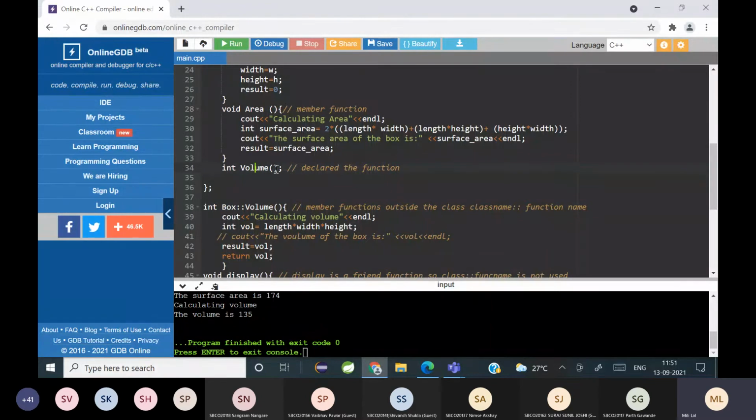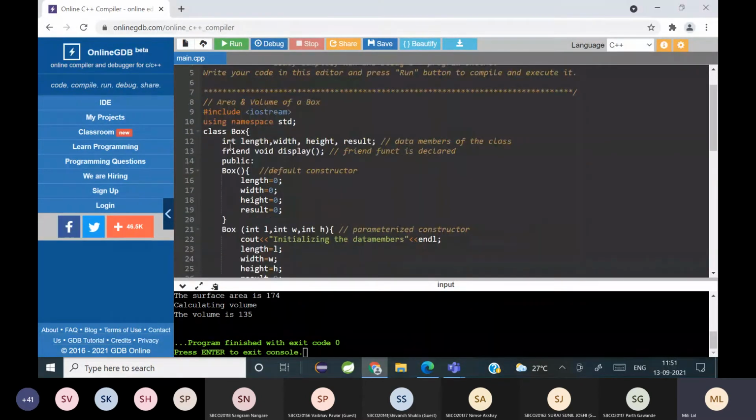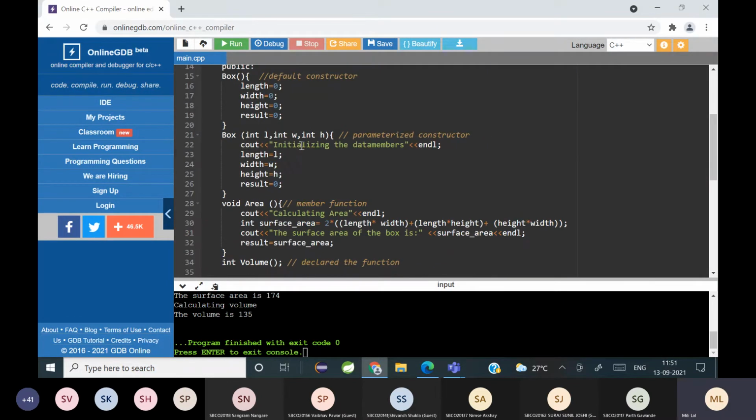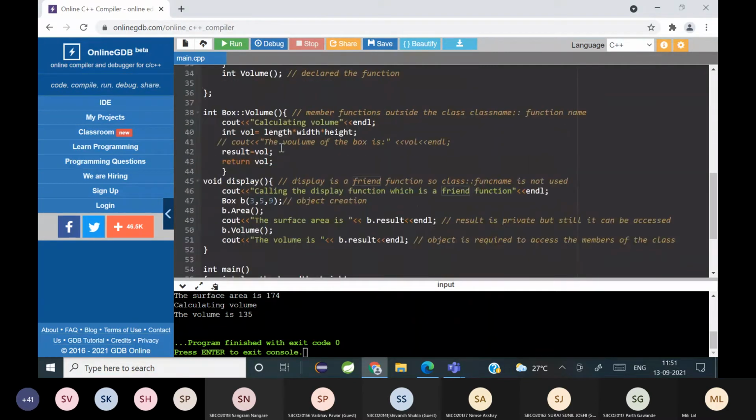But in the case of a friend function, I need to write the keyword friend before the return type, and friend in lowercase. Is it clear? Have you all understood?